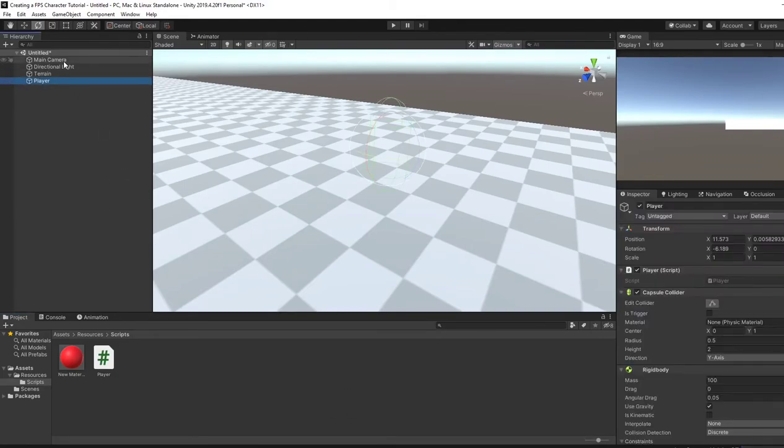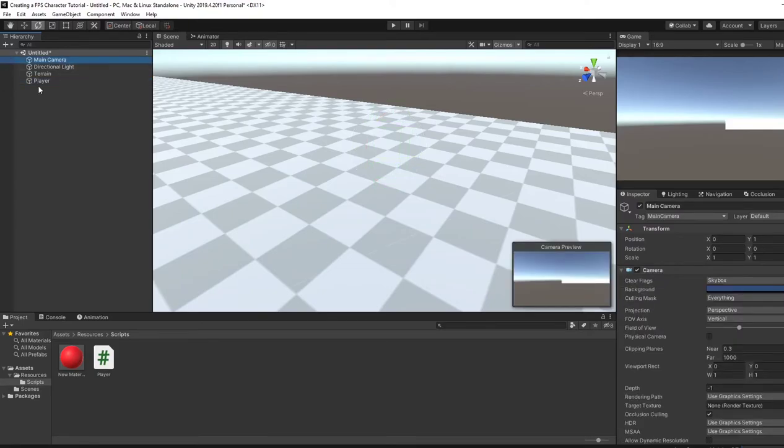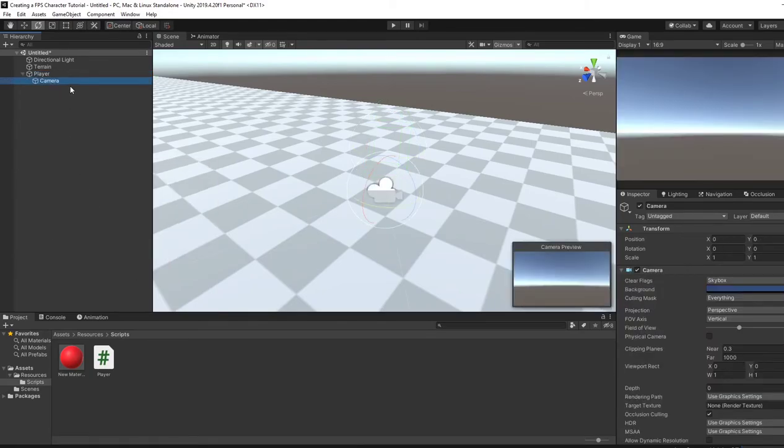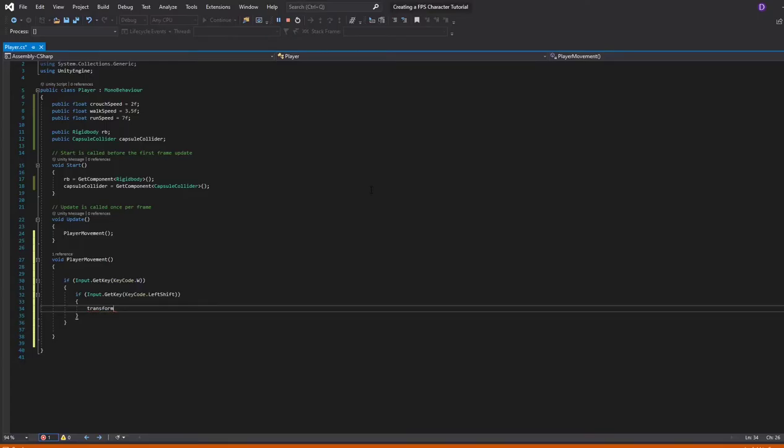So now inside our player, delete this main camera that comes by default on the scene, and go into Player, right click on it and create a camera. This camera, I'm gonna put it to the same height as the player, which is 2, and we're gonna use translate, which moves the object that has the script. Transform.Translate, and inside of here it's gonna be like this, 3 axes. Again, first number is the X, which is the sides. Second number will be up and down, and third number will be forward and backwards. In this case, in the third number for forwards, we're gonna put